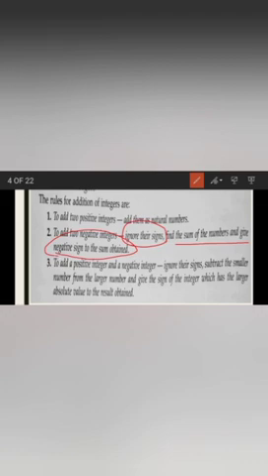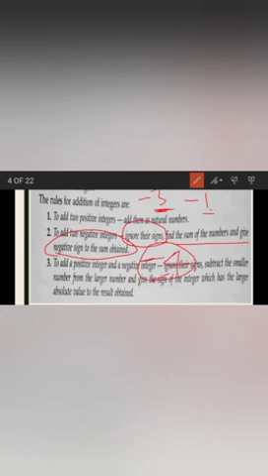For example, if you have to add -3 and -1, in that case we have to add 3 and 1. We have to ignore the minus sign. So first you add 3 and 1. 3 plus 1 is 4. Then after that you put the minus sign. So -4 will be the answer. I hope it is clear.